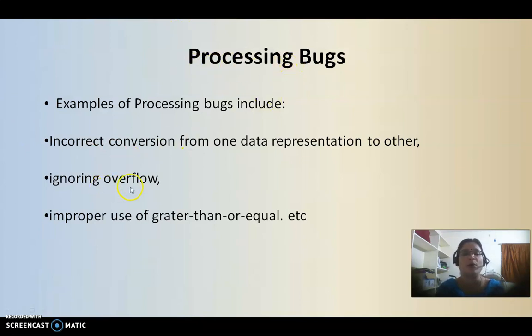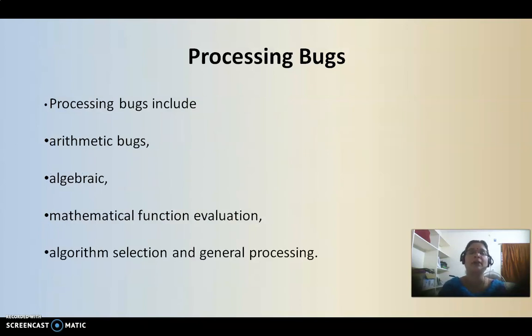Ignoring overflow and improper use of the greater than or equal to symbol are also processing bugs. Sometimes, even when it is not necessary, we use the greater than or equal to symbol instead of simple greater than. That is treated as improper use of the greater than or equal to symbol. All these bugs are considered processing bugs. Other kinds of processing bugs include arithmetic expression evaluation, treated as arithmetic bugs, and algebraic bugs and mathematical function evaluation.